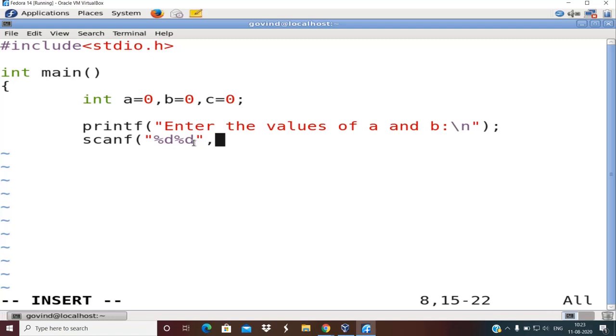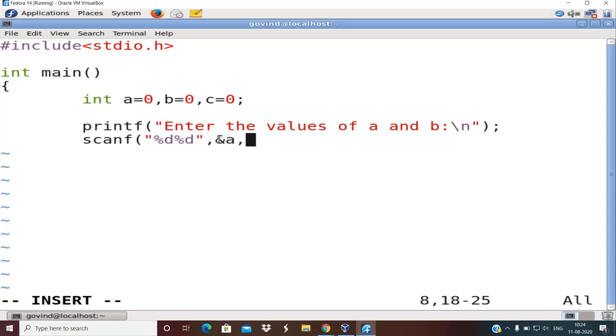After, in a pair of double quotes, you put those percentage symbols, which are called format specifiers, you put a comma and then specify which variable each percentage d refers to. First I want to read a, hence I specify ampersand a. Ampersand means that I want to store the value that is read from the keyboard into the address of the variable a.